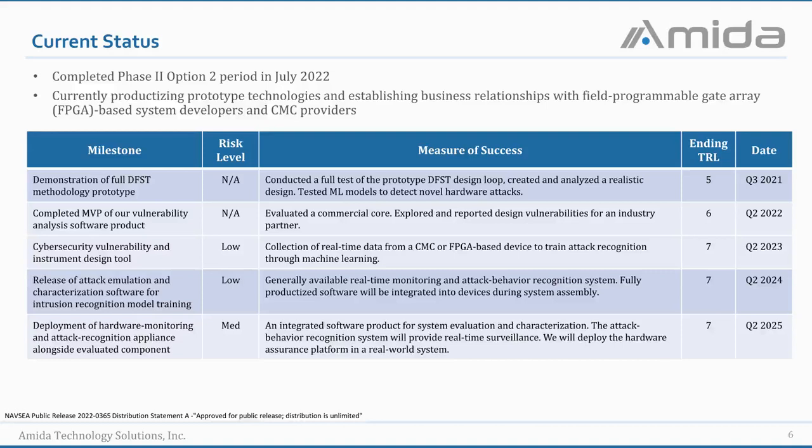Under the auspices of our Navy SBIR, we developed an entire prototype designed for security and trust flow that allowed us to evaluate a mock naval control system and study the effect of hardware-level cyber attacks against it. Our current effort is to productize the methods and technologies developed during our SBIR work for new semiconductor devices. We have our first commercially available tool, the vulnerability analysis product, that can ingest commercial cores and explore and report